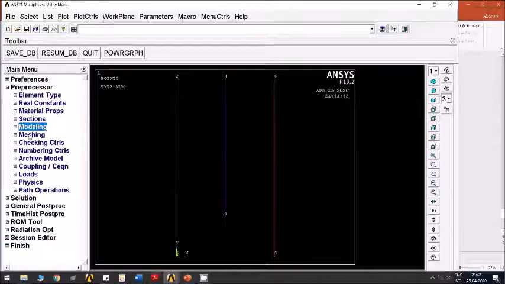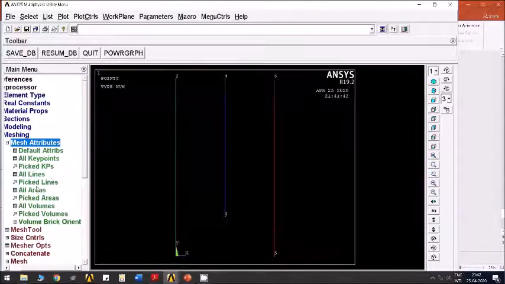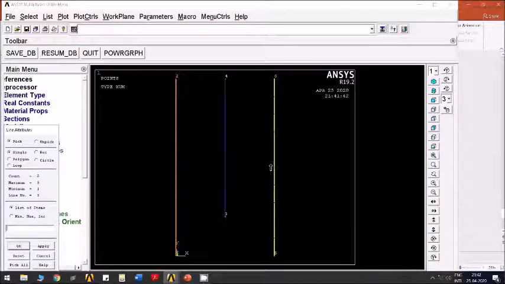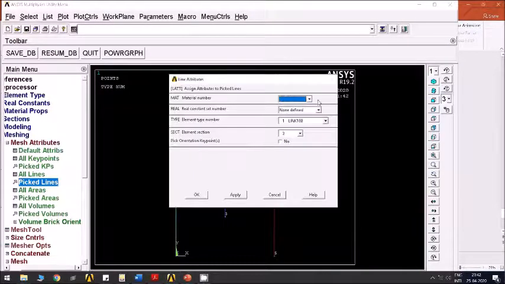Next step is mesh attributes, pick lines. So this line and this line you can pick together, and you can assign the material number 1, that is steel. Cross section set 1. Though there are 3 sets, other 2 sets we are not going to use for this problem. Only first set is used.